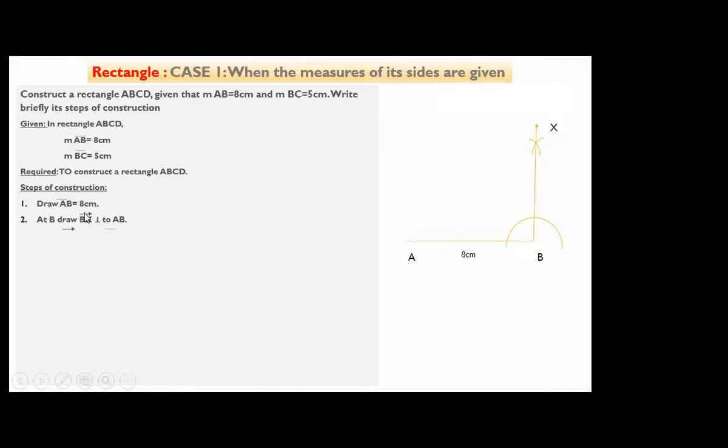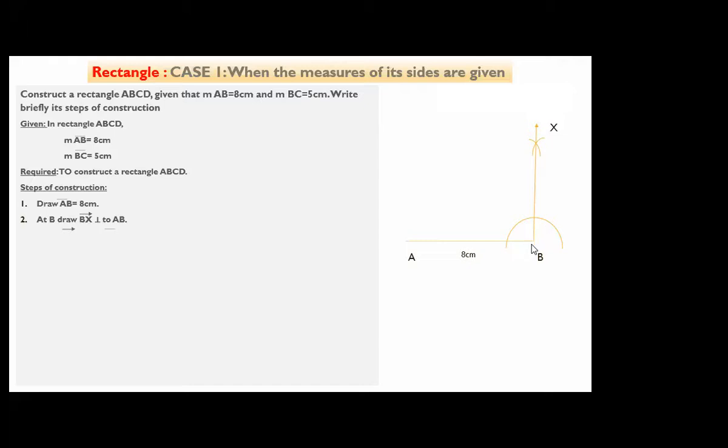Now look at what I have drawn on BX. There is a ray. As we can see, BX is a ray. Beta, it is very important to note this down, that BX is a ray, so I have drawn a ray. If AB is a line segment, then I have to draw only a line segment on AB, right? So that's it. We have drawn perpendicular BX on AB.